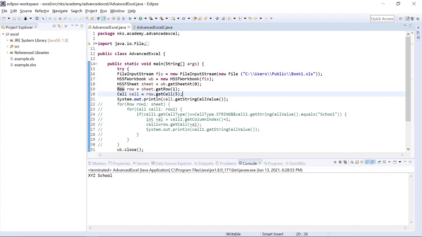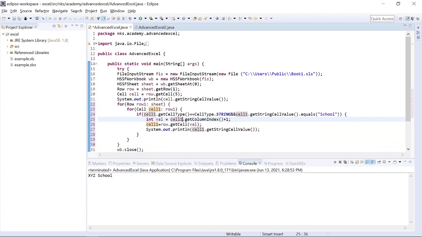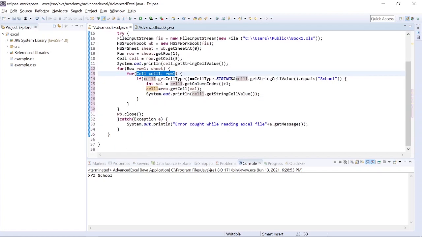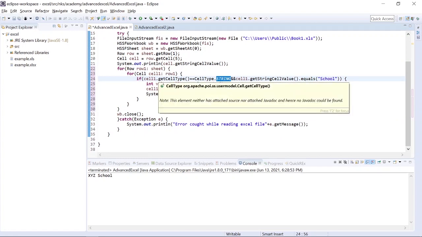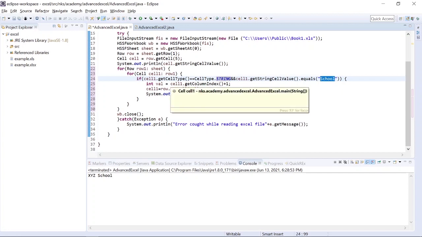So we are getting the value, that is XYZ school. Now if it is present anywhere in the sheet, how to get that? So this is the set of code that we need to execute for doing that. In the sheet we will iterate through all the rows, and in all the rows we will iterate through every cell, and wherever we find that the value is a string and it contains school, then we will print the next cell of that row.